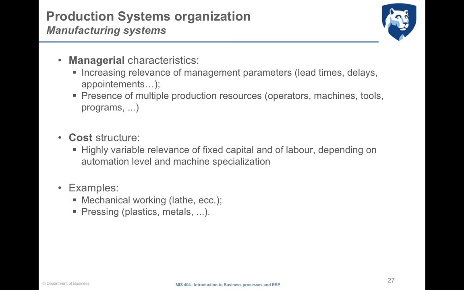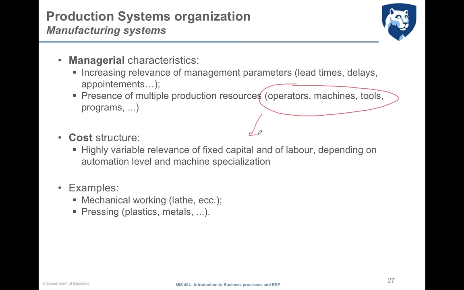In a manufacturing system, multiple resources are present, like operators, machines, tools, programs, and so on. Of course, they need to be organized in a proper way, because they need to be very well integrated. Machineries are usually the main actors in a manufacturing system, but they need to be assisted by operators, and they need tools and equipment to be used, so all need to be well synchronized in the system, and this is defined at the managerial level. However, despite the huge number of resources present in this type of system, fixed capital, namely machineries and assets,